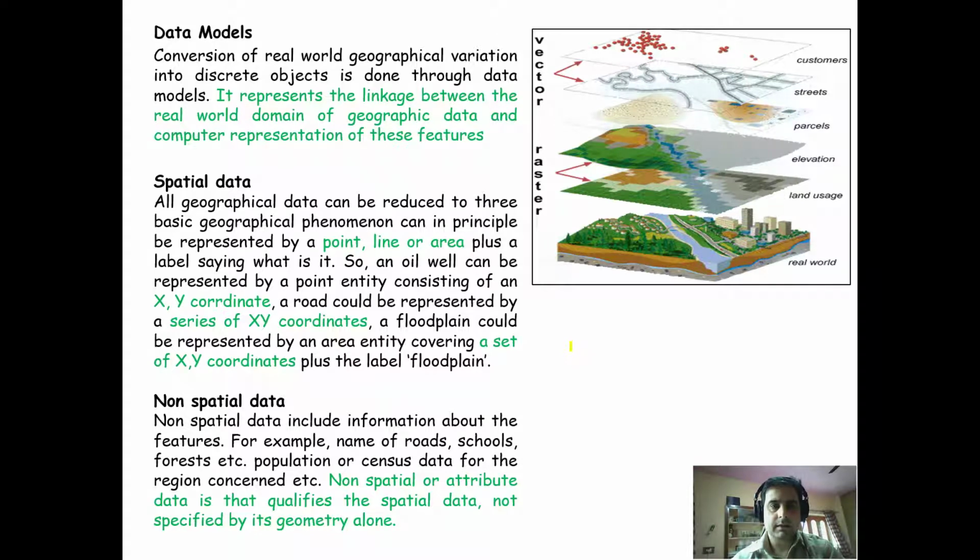Welcome back. Now we will study about database management system and different data structures. Before we straight away move to database management system and data structures, we will again have a look at different data models. We already know that a data model is the real conversion of real world geographic variation into discrete objects, and it represents the linkage between the real world domain of geographic data and its computer